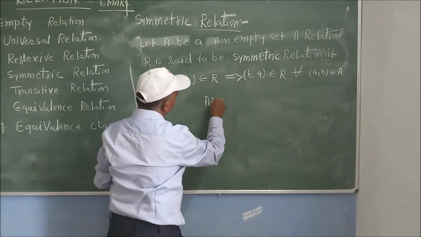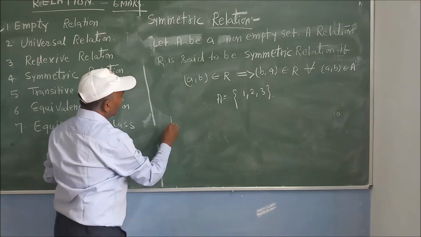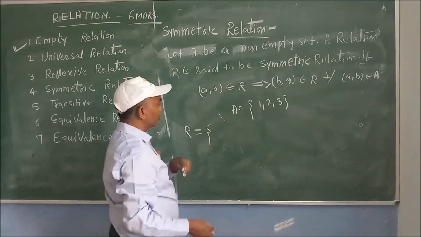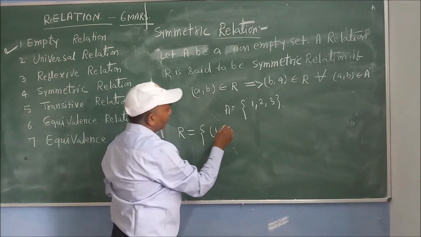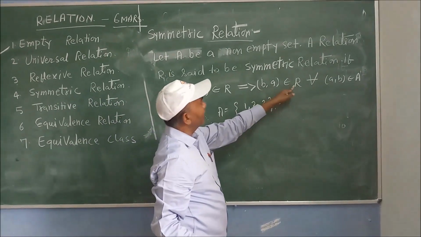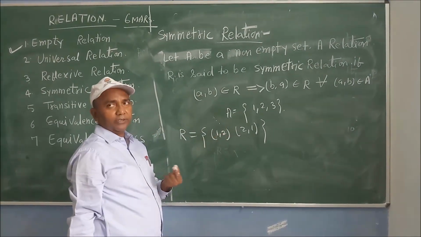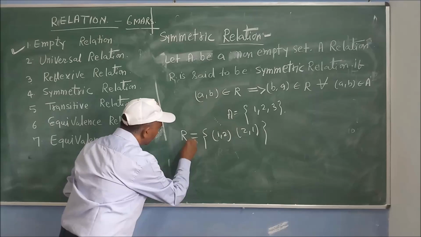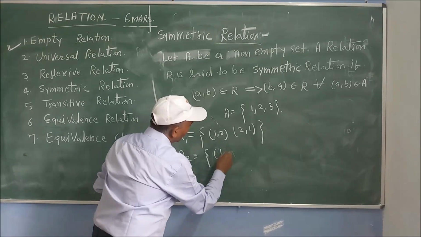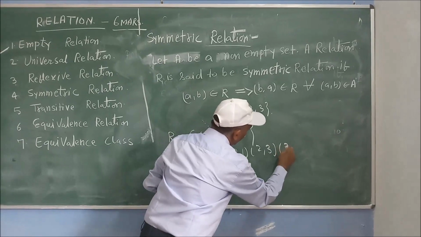Here check, A is also a set and its elements are 1, 2, 3. We have to make a relation which is symmetric. So here a and b are different elements. Take any two elements from set A. Just I have taken 1 and 2. (a, b) is an element of R. Then it is a must that (b, a) must be an element of R. So this is your (2, 1). So this is an example of a symmetric relation. You can also make another relation. Suppose the first relation is R1, the second relation is R2. So you can also write (1, 3), (3, 1), (2, 3), then (3, 2).